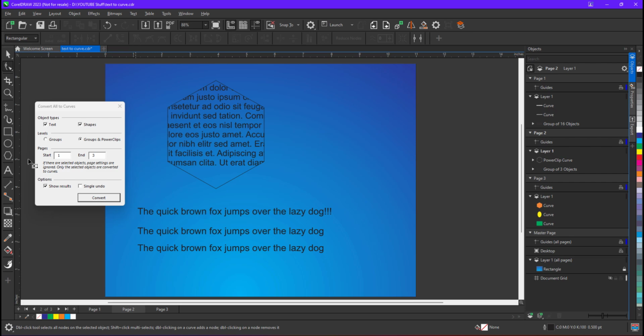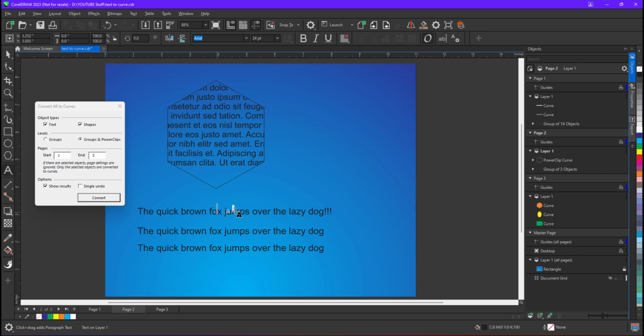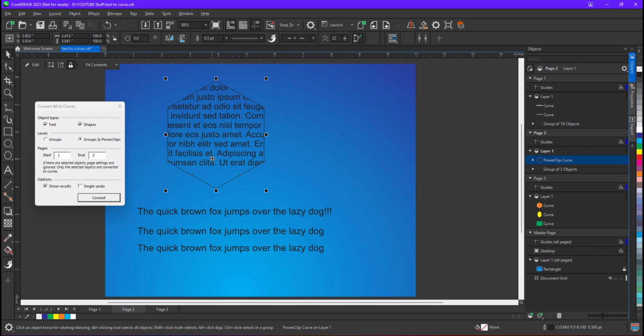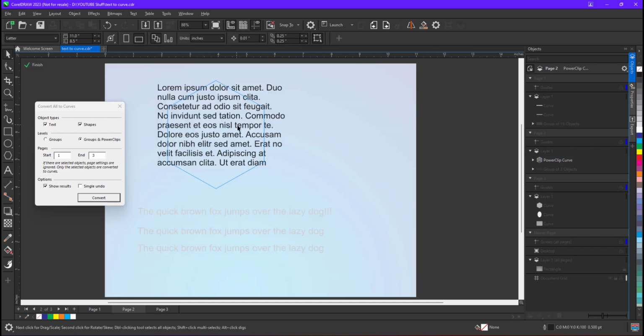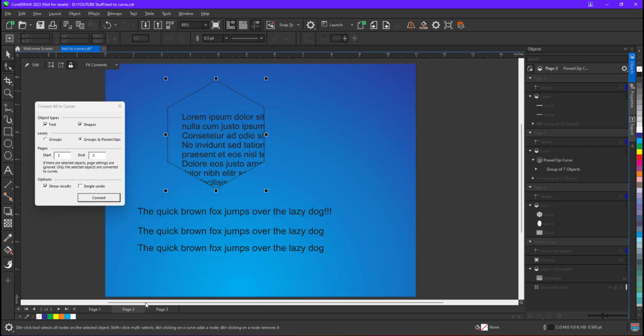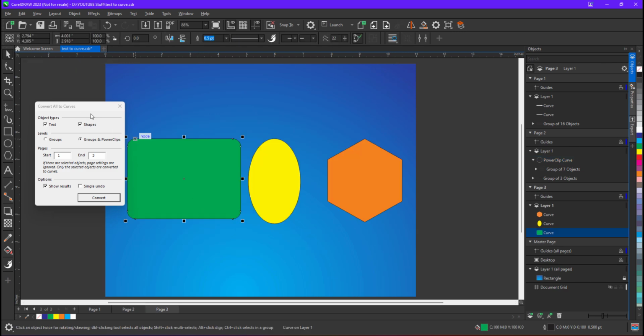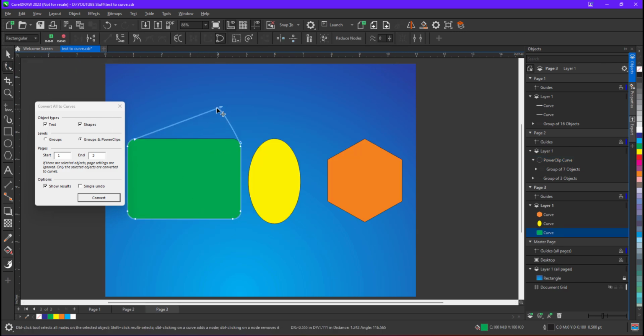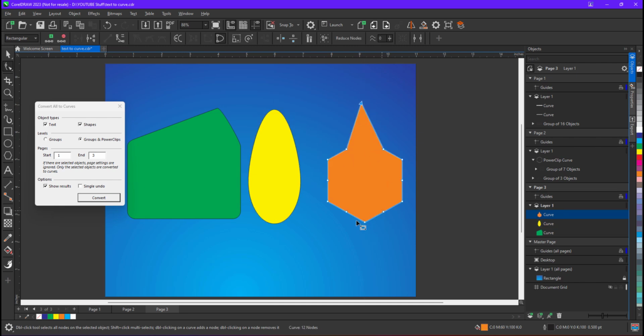This is not text. I cannot click and type anything. Can you see? I cannot edit this. And if I try this as well, this is also not text. I cannot edit this now. And now we go to page number 3. This is a curve, and a curve, right? So very easily, with a single click, we can convert all the objects in the document to curves,